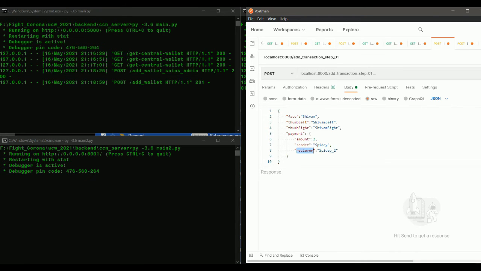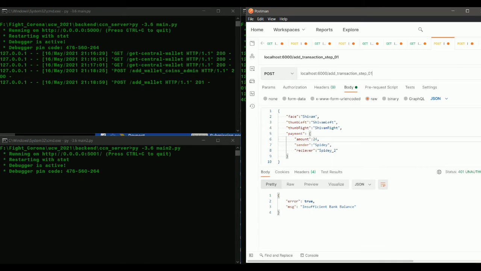So initially this receiver doesn't matter. This is for the second step, because in the second step we have to specify. Here we are just generating and checking if the balance is valid. So since you remember I added 20, if I put 24 here, it is very likely going to reject it. Insufficient PAN balance. And then here if I just go back and send again, payment session created,